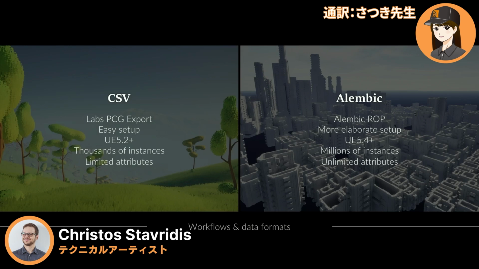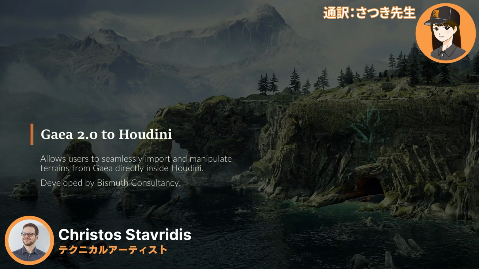For the Biome and Dryad project, we are using the CSV format with Labs PCG export. Dryad においてはですね、CSV と Labs PCG エクスポートを使用しています。Even though we have to use big numbers for the foliage. 非常に大きな森とかそういったものを作る場合もですね。And it works great. 非常によく動いてはいます。But we found this way, the Alembic way, to be a bit more performant for huge number of instances. もっとですね、よりたくさんのインスタンスを配置したい場合には、アレンビックというのを使う方が良いでしょうね。